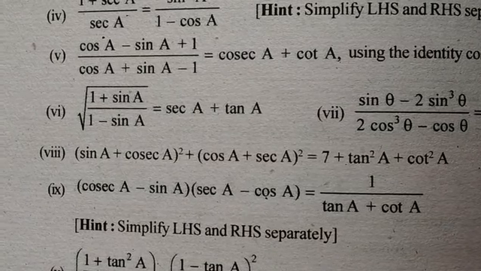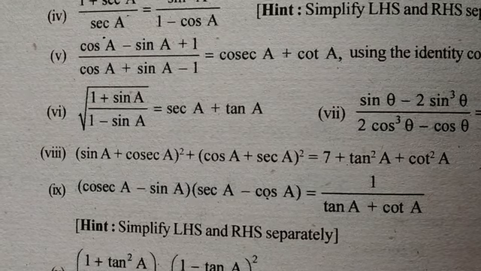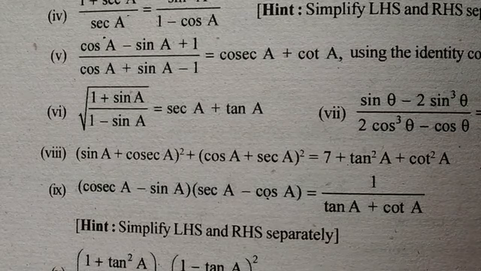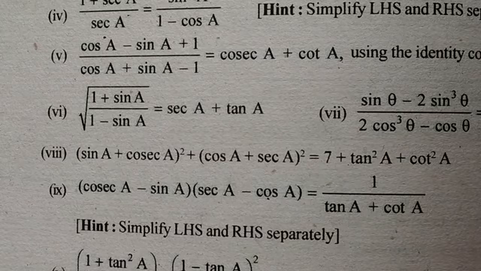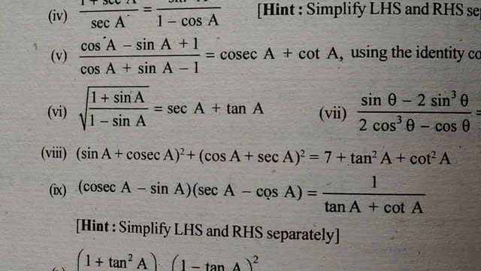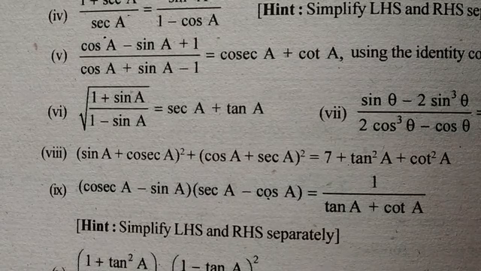So take the left hand side, under root of (1 plus sin A) upon (1 minus sin A). When we see that under root, the first thing is to cancel the under root, so we must take the square. So multiply in the left hand side, numerator and denominator, by the form of 1 plus sin and 1 minus sin. So it will all change and the answer will be given.